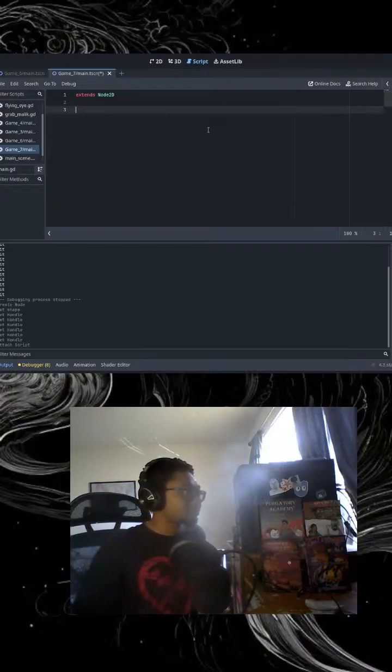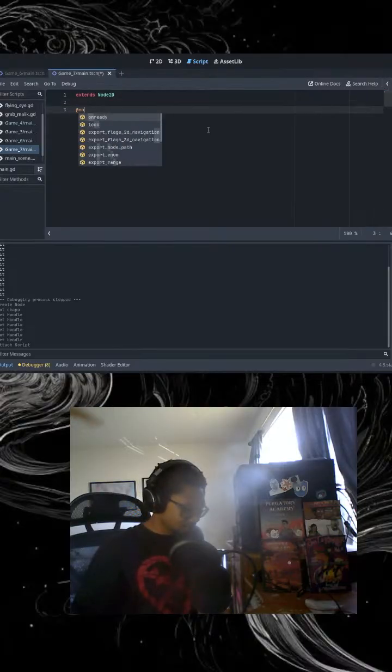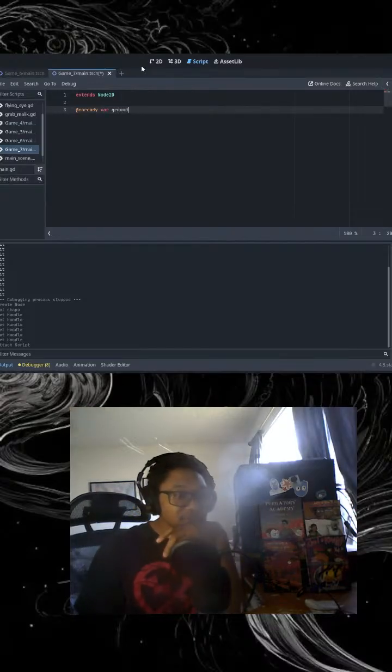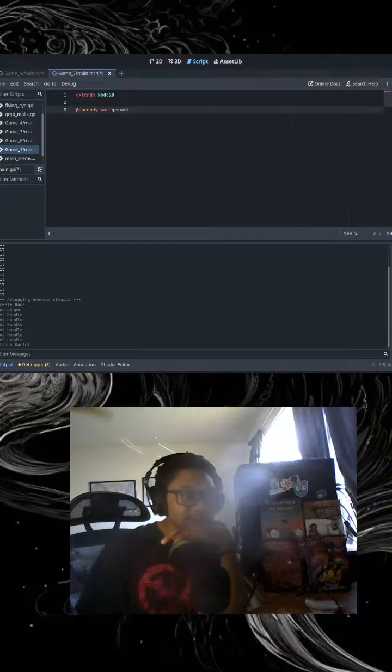So we're gonna do the onready variable. This is for the ground tile, set up as preload the ground. I don't think I need to preload anything from the ground scene, because what I want to do